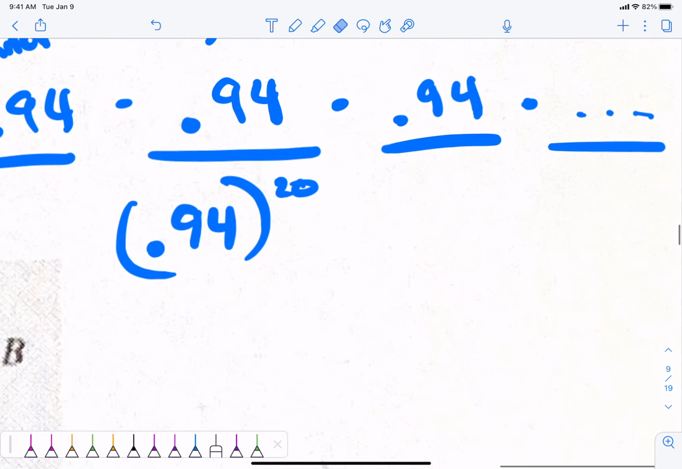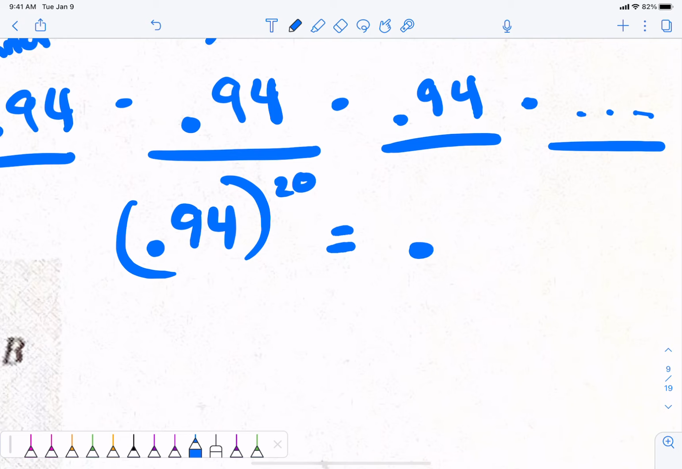0.94 to the 20th power. What is it? 0.29. Okay, so that would be the at least one? Divided by 0.29? It's just 0.29, okay? So it's a 29% chance that we're going to have all 20 of them not damaged by a bag. So what are the chances that at least one